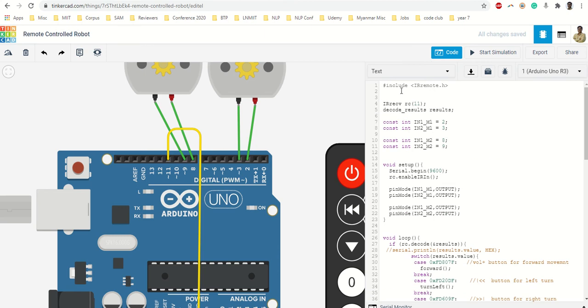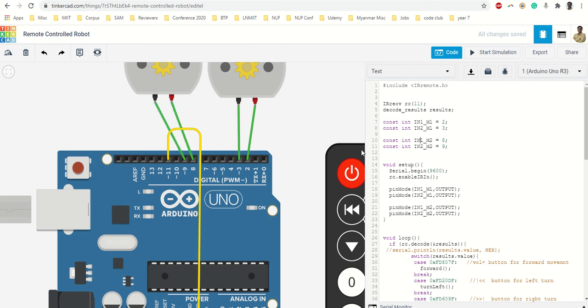So here we have the same code, and this time I am receiving my IR at pin number 11. So I write it 11. Now I define four variables for four pins. This is motor 1, input 1, motor 1, input 2, motor 2, input 1, motor 2, input 2.